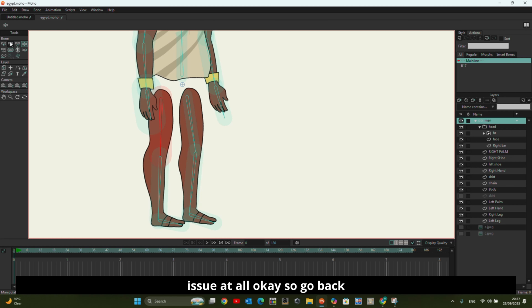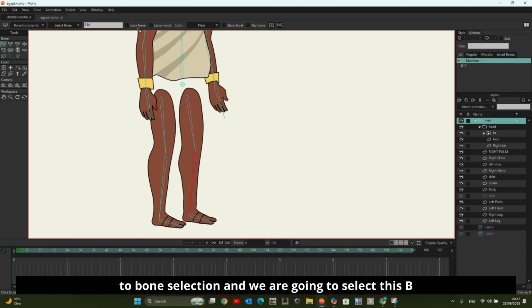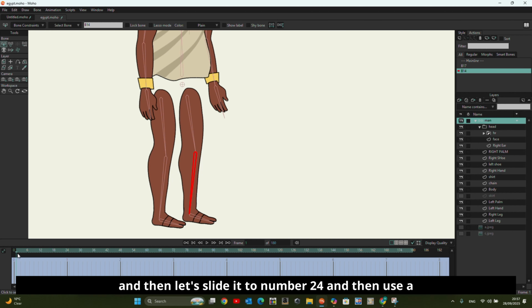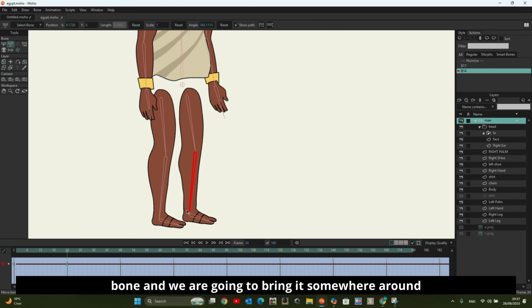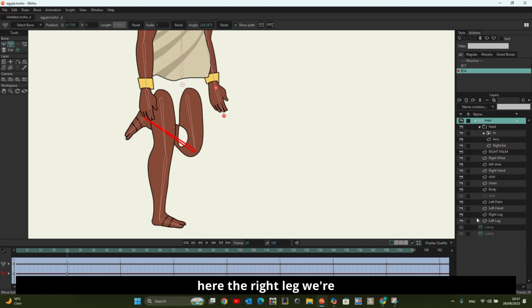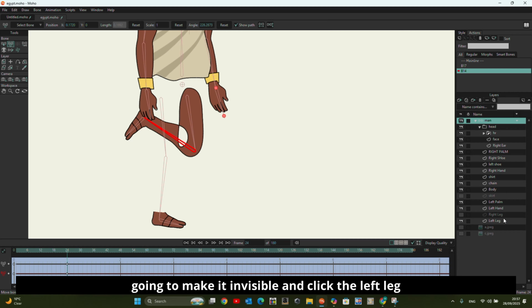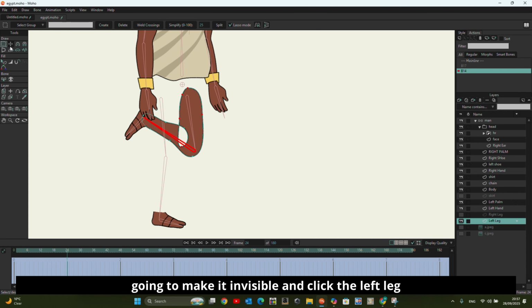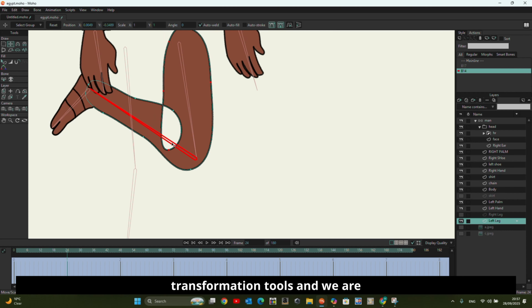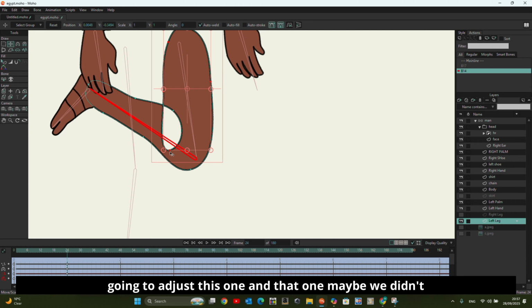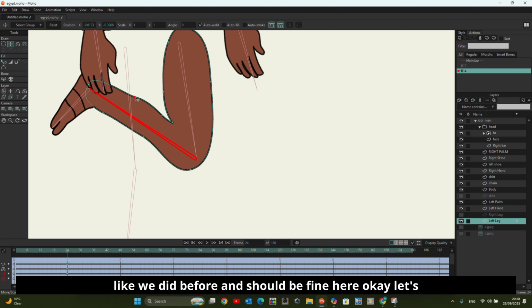There's no issue at all. Okay, so go back to bone selection and we are going to select this B14. Go back to action, B14, and then let's slide it to number 24, and then use transformation tool for bone, and we are going to bring it somewhere around here. The right leg, we're going to make it invisible and click the left leg. Transformation tools, and we are going to adjust this one and that one. Maybe we didn't need to come this way like we did before,